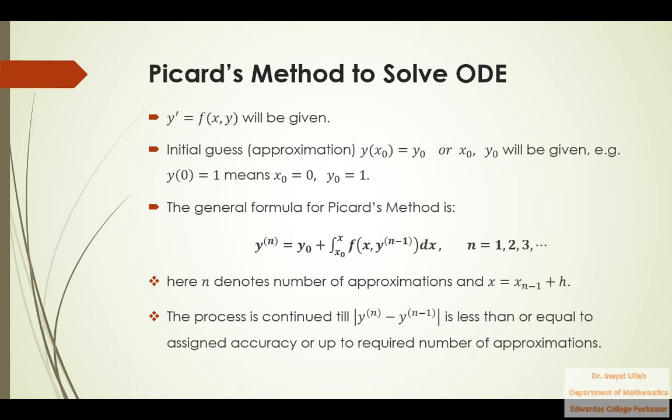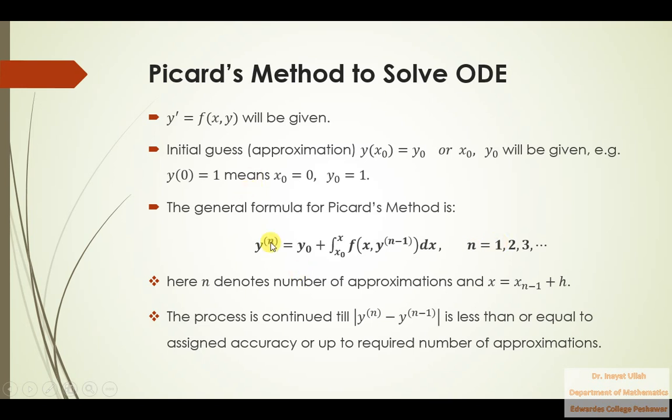The process is continued till this absolute value is less than or equal to the assigned accuracy. You will be asked to find the number of approximations. You will be asked to find 3 approximations, 4 approximations, 5 approximations. So now from here, if you are asked to find 3 approximations, you will be able to find